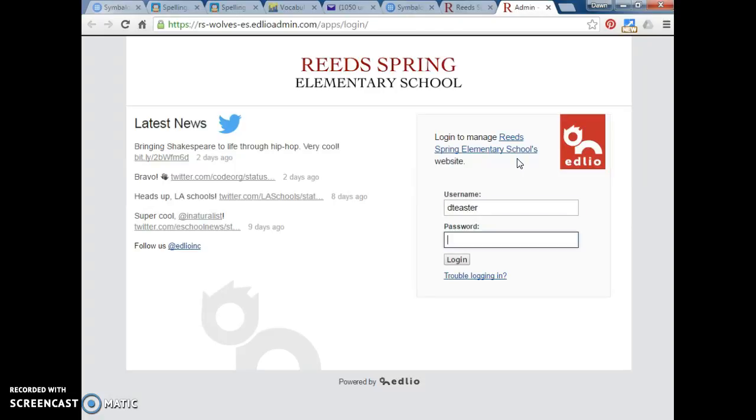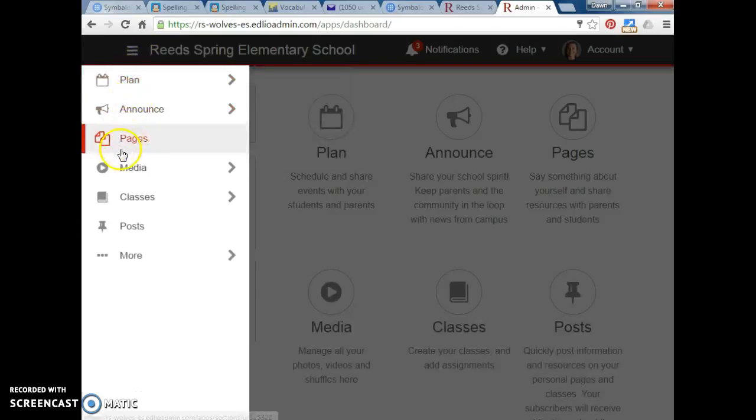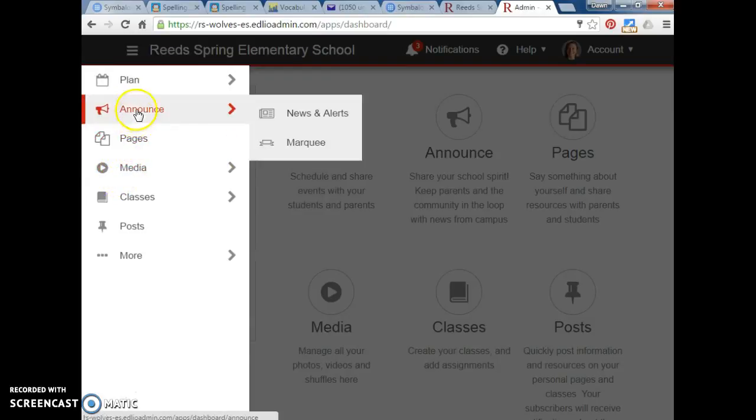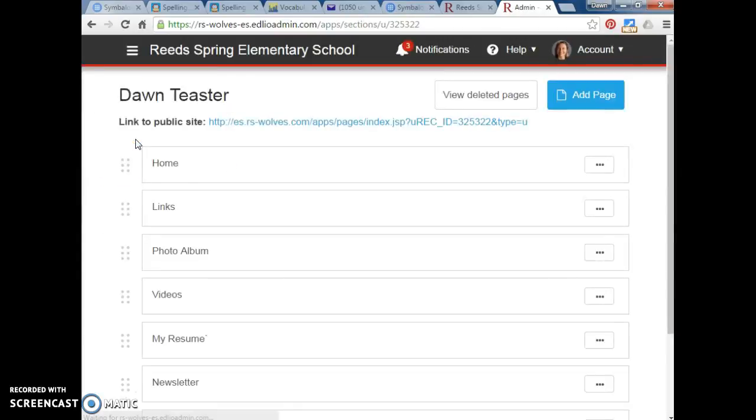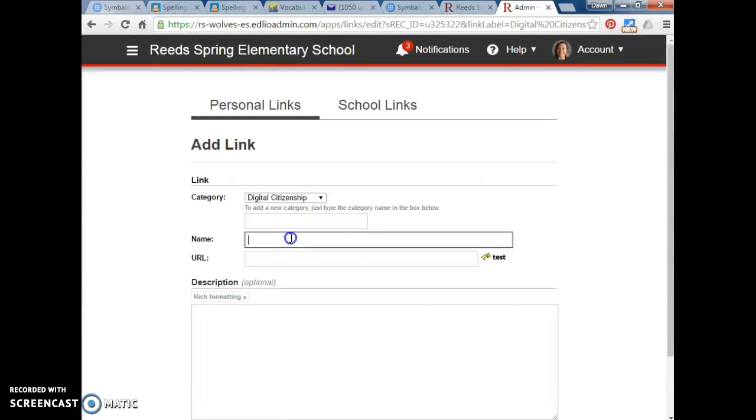So I'm going to go ahead and use my normal username and password to log into Edlio. And then I'm going to go to my links page. So I'm going to go here and go to my pages and go to my links page. Now I've already created all kinds of links here, so the best bet is just to click add a link and name it. So we're going to name it Symbaloo Spelling